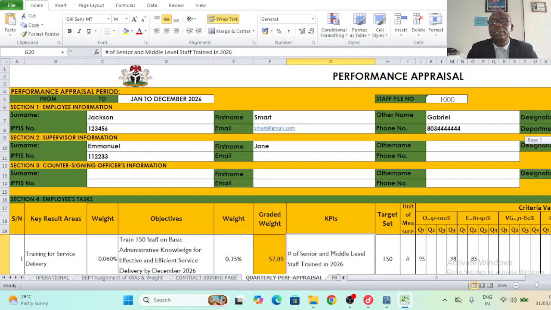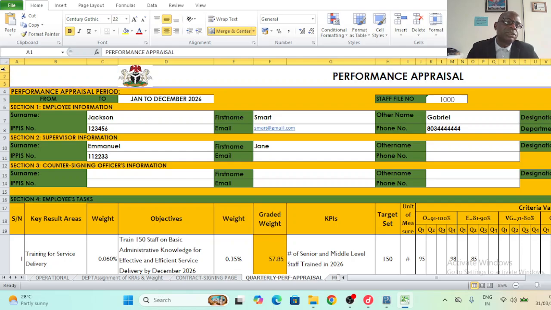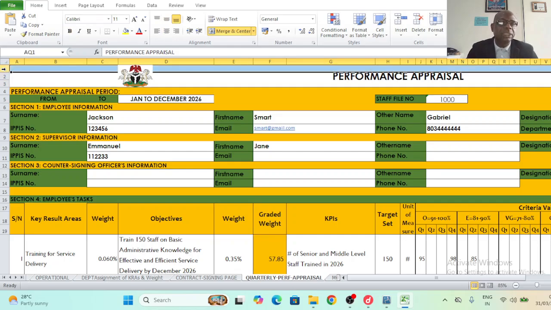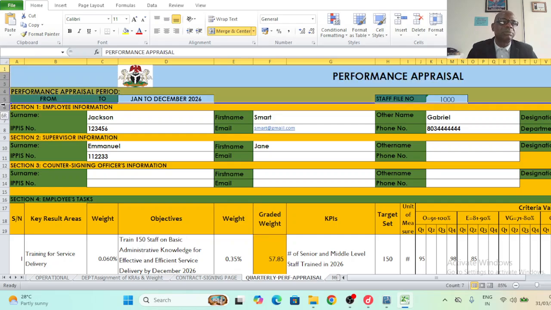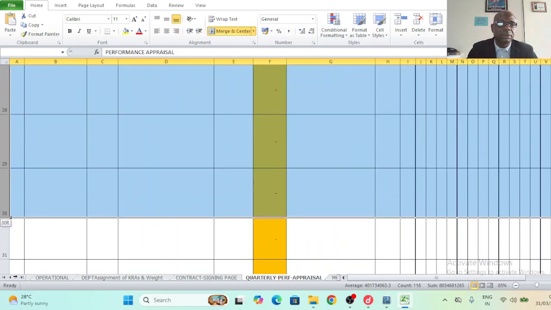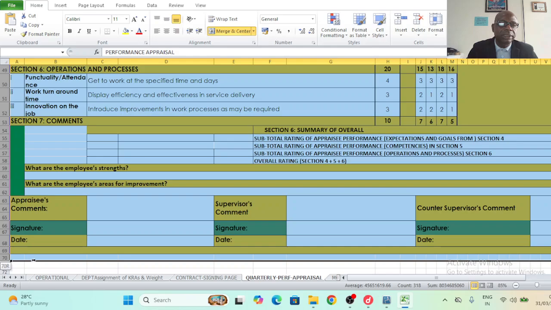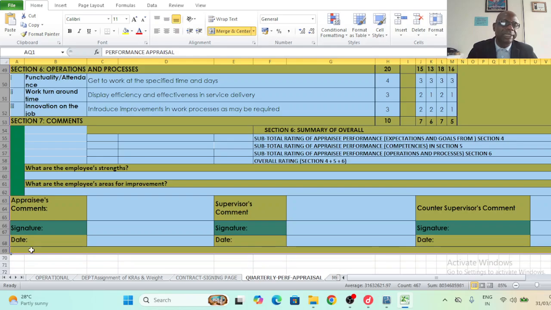So now to duplicate, all you need to do is to start from, see this one, put your cursor. When you bring your cursor here, it changes to something like an arrow pointing like this. Click on it, it will highlight to the end. Then if you know how to use Excel, you don't have any problem. All you need to do is to maybe right click and pull your cursor down, pull it down, then to the end of the last column of the template, after which you bring your cursor